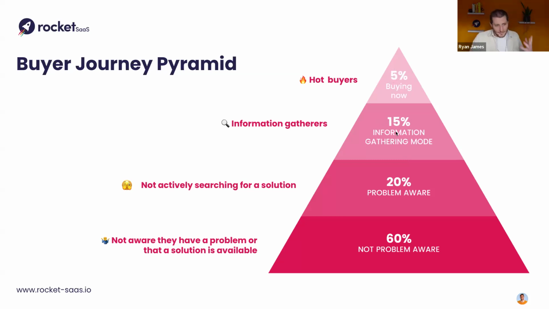You've then got about 15% of people that are gathering information. They've decided that they want a solution to their problem and they're Googling, looking at your website, looking at competitors' websites, but they're not quite reaching out to you yet. They are definitely looking for your solution. Now, most companies make the mistake of only marketing to those people that are looking, which is only 20%